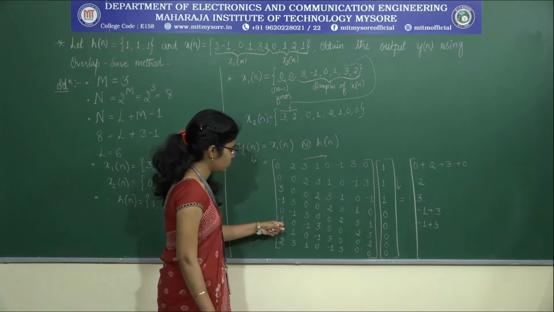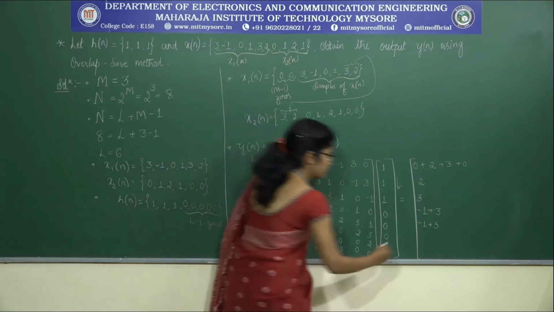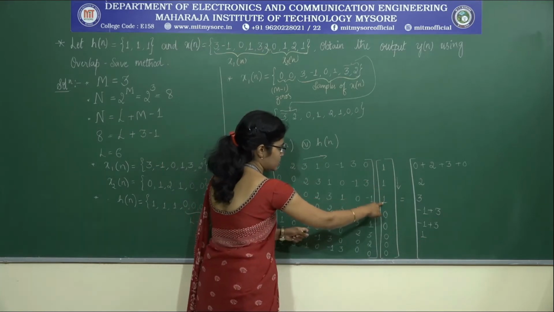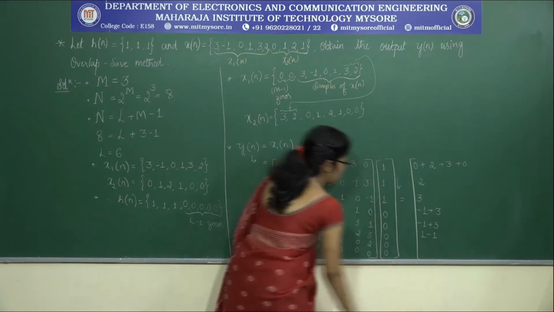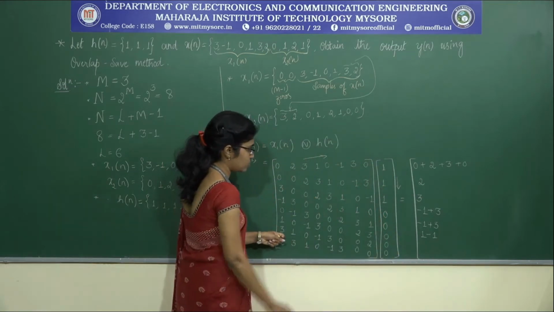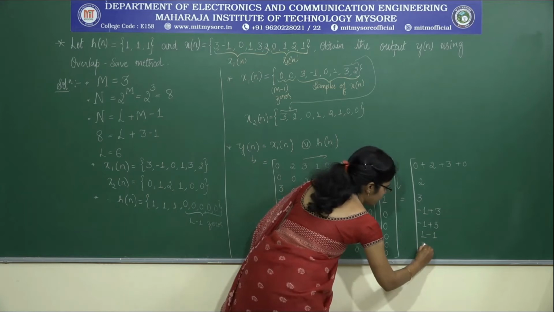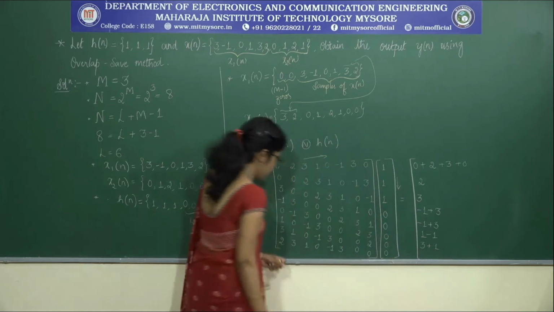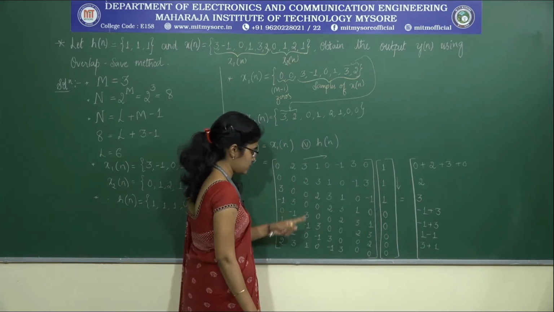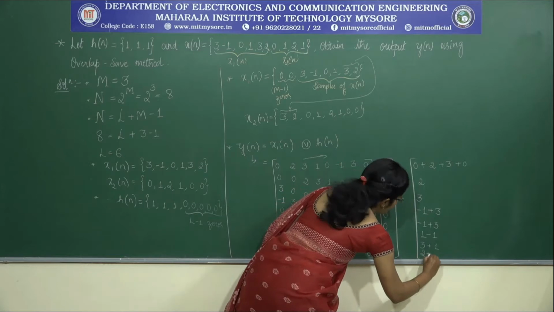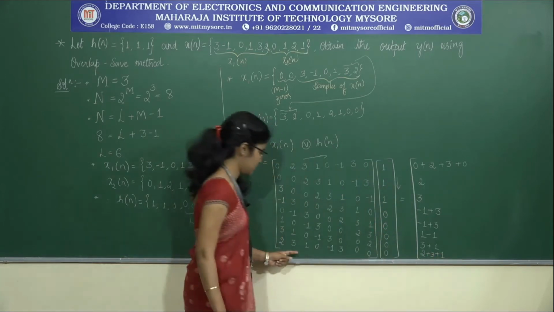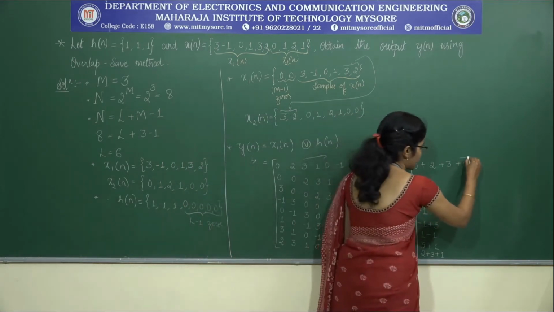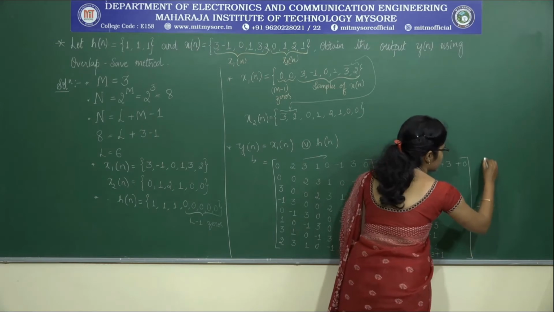1 is minus 1, plus 3 into 1 is 3. Moving on to this one, 1 into 1 is 1, 0 into 1 is 0, minus 1 into 1 is minus 1. Now the next step is 3 into 1 is 3, plus 1 into 1 is 1. Again coming to the last row, 2 into 1 is 2, 3 into 1 is 3, 1 into 1 is 1. So the rest of the values tend to 0. Now we performed matrix multiplication and we got this. Now let us simplify this and rewrite.